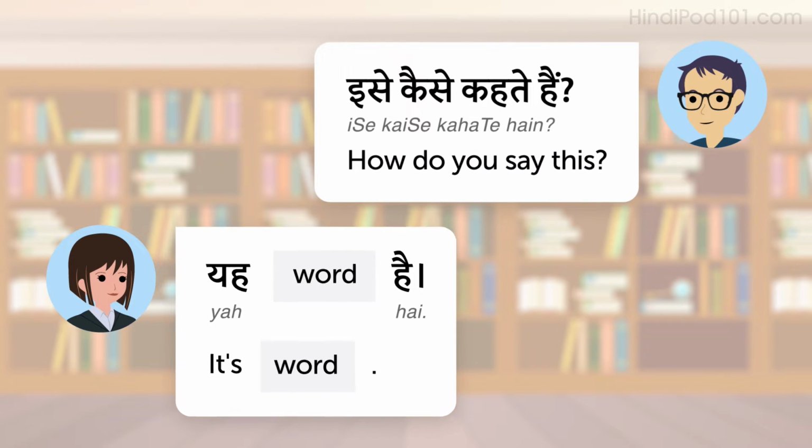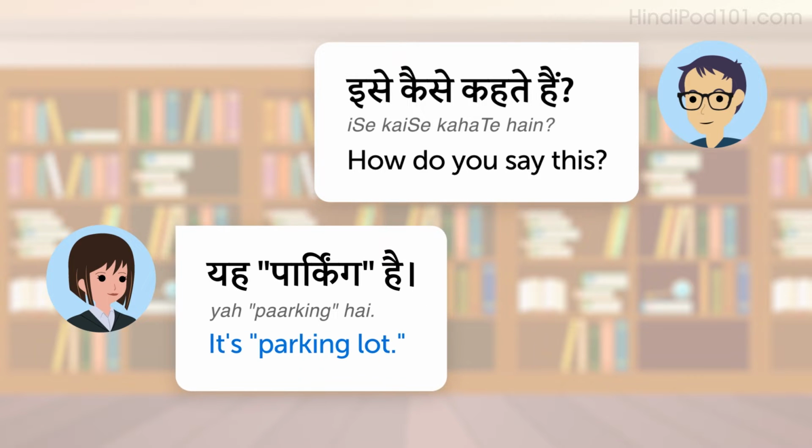The pattern is, ये word है। This Hindi sentence literally translates into, it word is, but it means it's word in English. For example, it's parking lot. यह पार्किंग है। ये पार्किंग है।